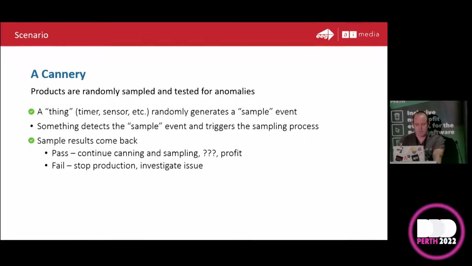So now we can see that we've got something generating a sample event. We know a bit more about what's happening in this system from this. There's probably a few other bullet points we could include there. We know that it's running against a production line. We know that it's a manager that takes action on this system. Overall, we're starting to get a better picture of what this whole system does. But we can do better.